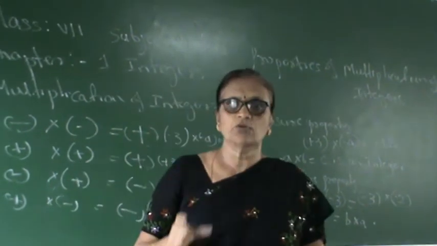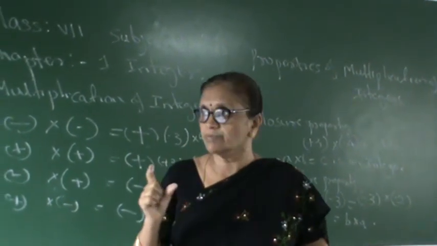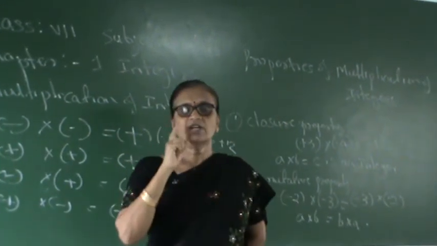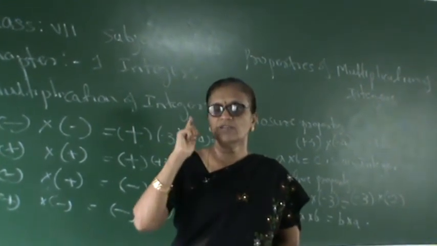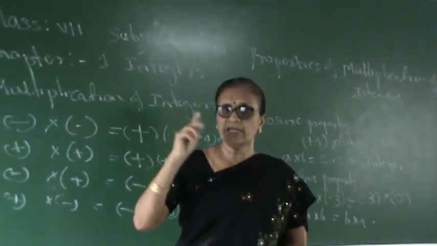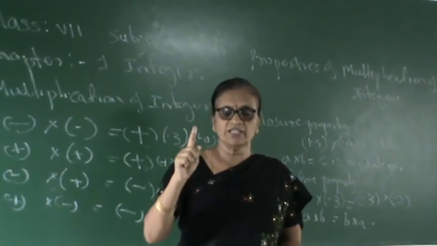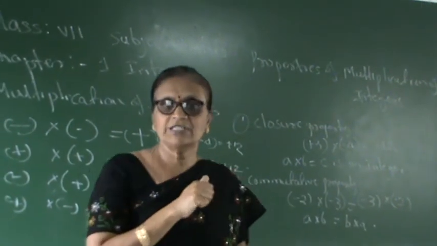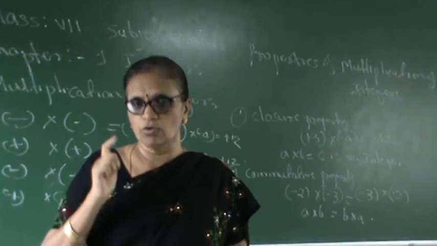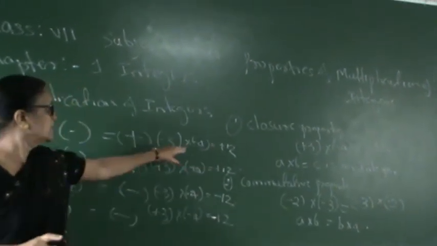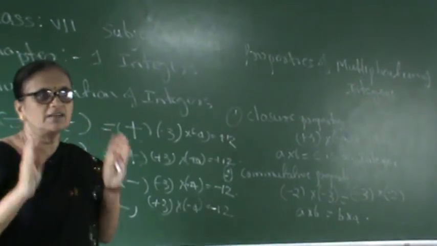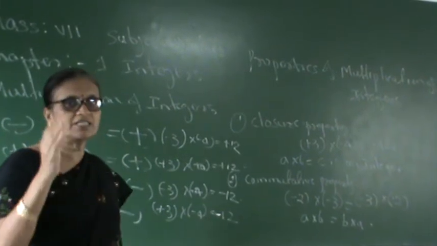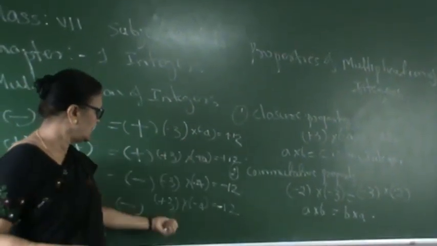Suppose you are multiplying a negative integer even times. Even times means 2 times, 4 times, 6 times, 8 times, 10 times. Suppose you are multiplying minus 1 into minus 1 into minus 1 into minus 1, 4 times. So the answer will be: minus into minus plus, plus into minus minus, minus again minus into minus plus. This is also a regular multiplication you are doing as whole numbers. First, multiply the numbers. The whole numbers, whatever is given, think it has no sign, so multiply. Then multiply the signs also. The multiplication of signs is what you are seeing here.